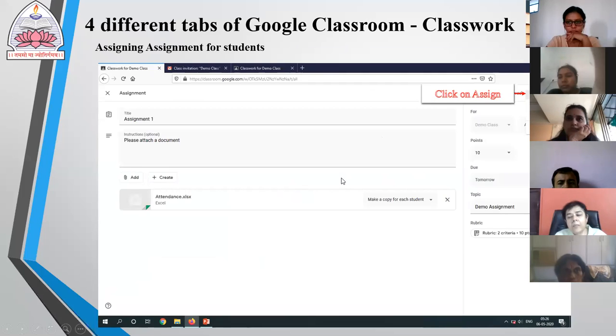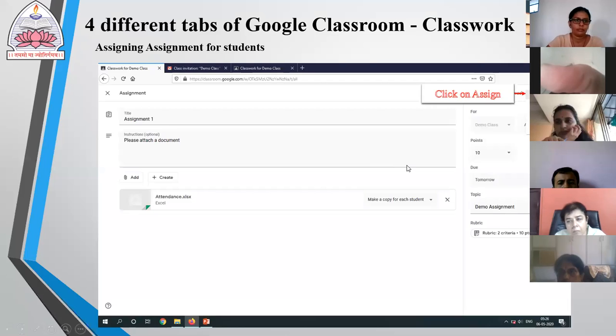That is, two criteria I have kept. One is they have to have a file. Second is they have to enter into the file their data. So this marking scheme will be attached with my assignment.